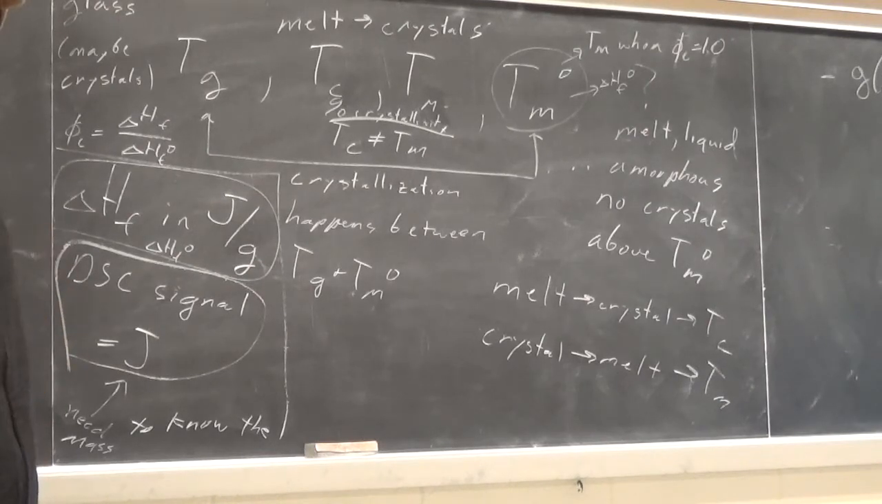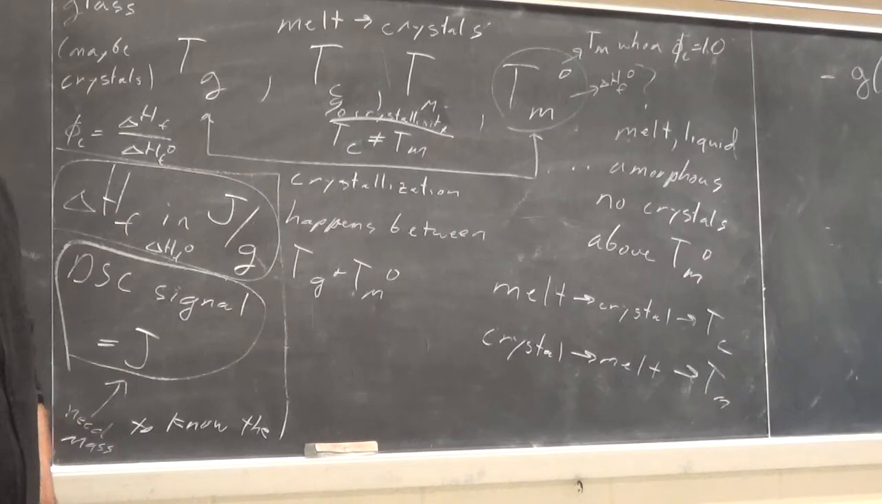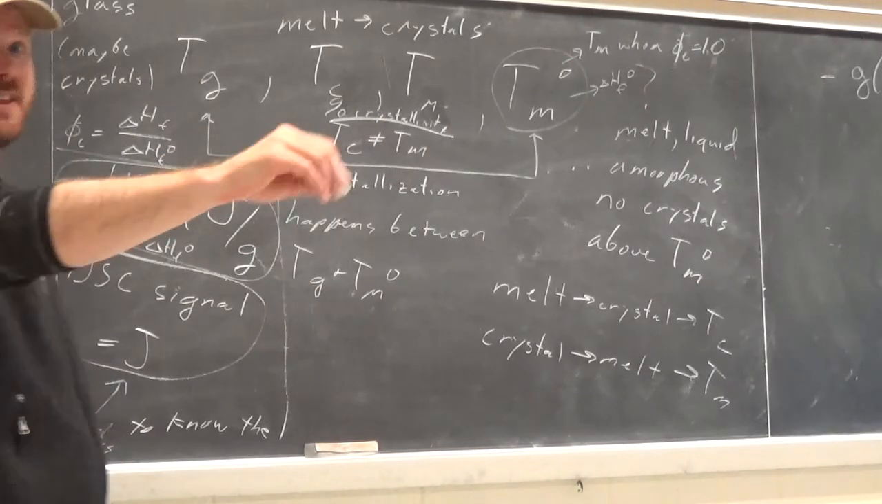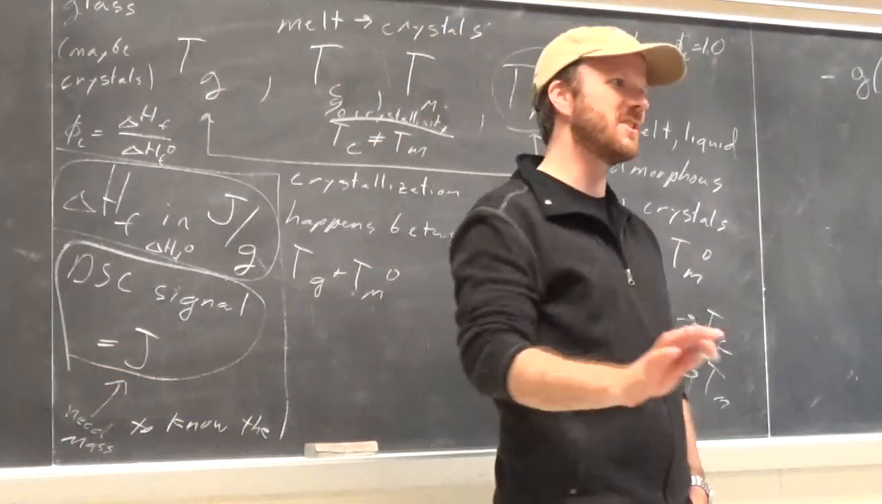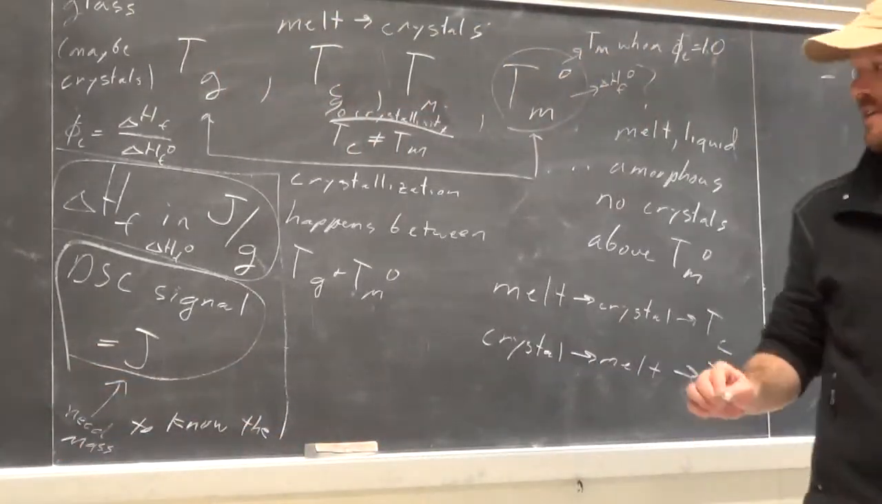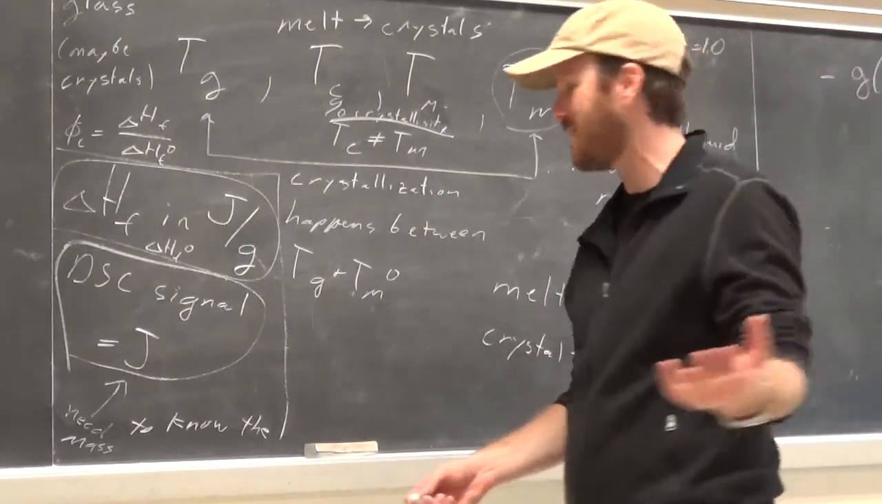Mass may be given if you need it, but if you do this experiment in your lab, you need to remember to weigh the sample before you put it in there. The software will often ask you, what is the mass of the sample? And then you type it in, and it will compute joules per gram for you. But you need to know how much polymer is in there, because the mass of the crystal